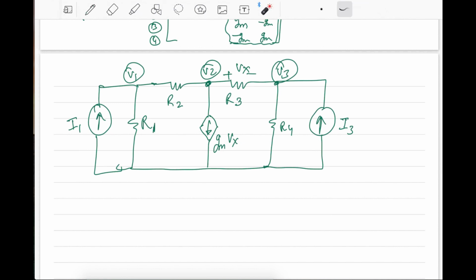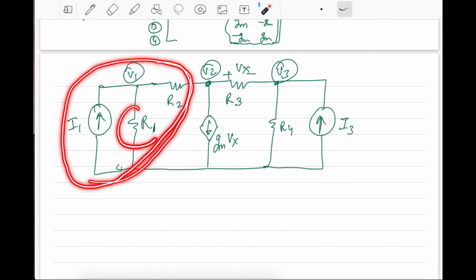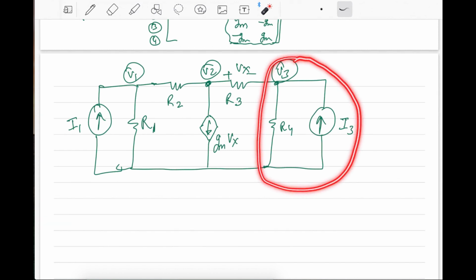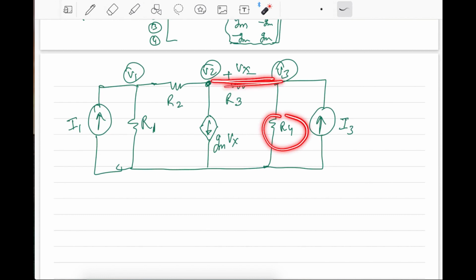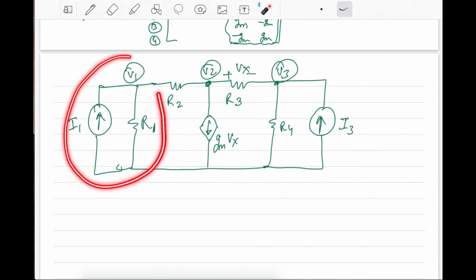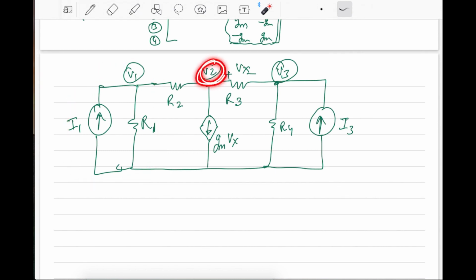And all of you will agree that this is a very simple situation which we already know, like we know all the resistances and all the current going in and out. You can write nodal analysis for V1, which we have done many times. And similarly for V3 it's very simple, because you have a resistance on one side, a resistance on the other side, and a current source. So the similar equation which we have already written for node V3 will also be the same here, and for V1 also. But the only difference now is for V2.